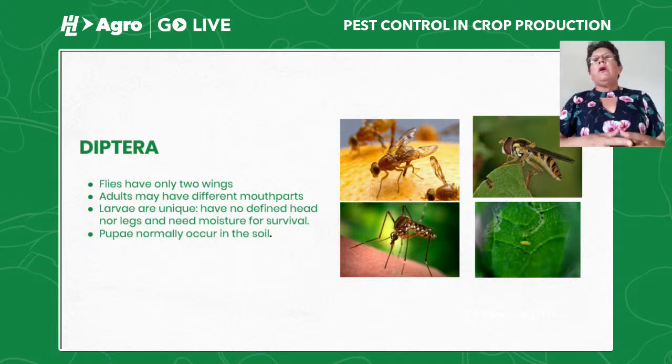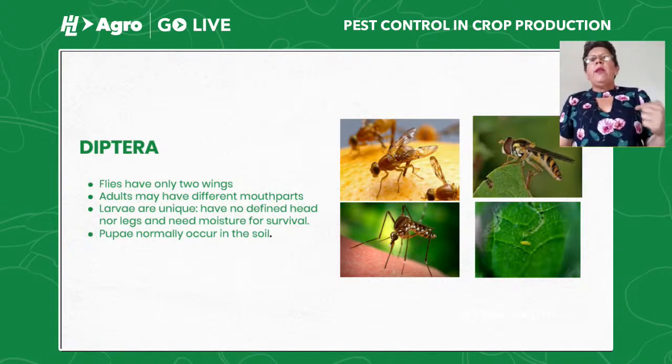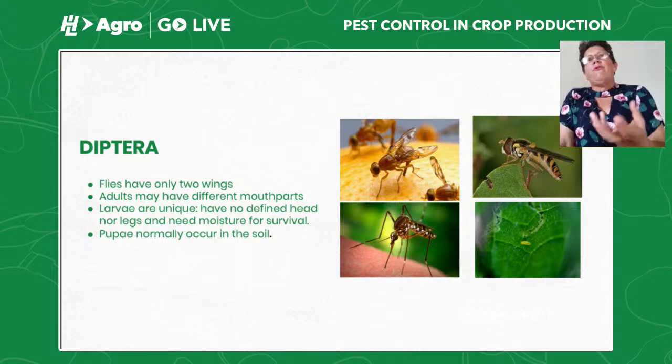moist environment. For example, a fruit fly is inside a fruit. A leaf miner is inside the leaf. You will never find a larva of a Diptera that is exposed to sun and to wind or to environmental conditions. It's always within a moist environment. And that makes them very difficult to control, because even though it doesn't look like it has a head and it has a mouth, it really has chewing mouth parts. And if it's within a fruit, for example, a fruit fly larva, there's no insecticide that you can use to kill it.